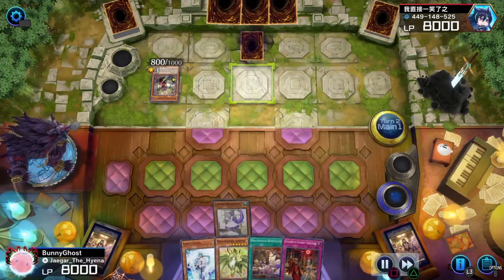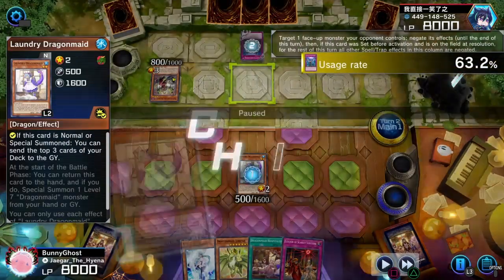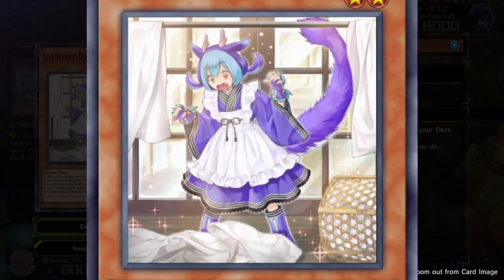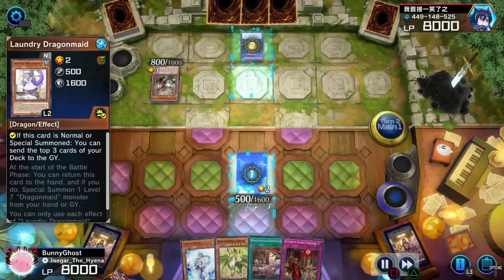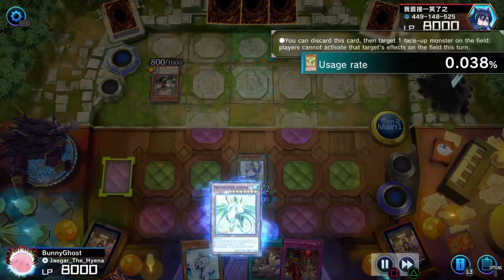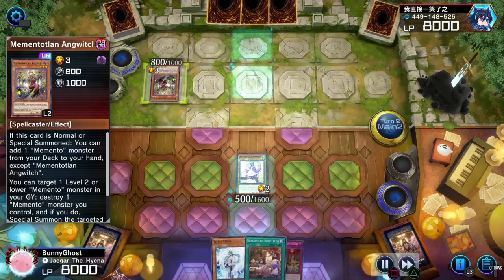And now, it's time to do the laundry. Do that laundry. No! My opponent's going to Imperm Laundry Dragonmaid. She can't do the laundry now. There's going to be no laundry done today, it looks like. Son of a goat. So we're going to go ahead and do the next best thing. We're going to use Lorpar to...